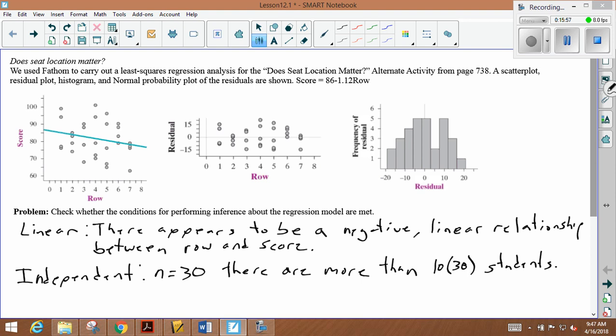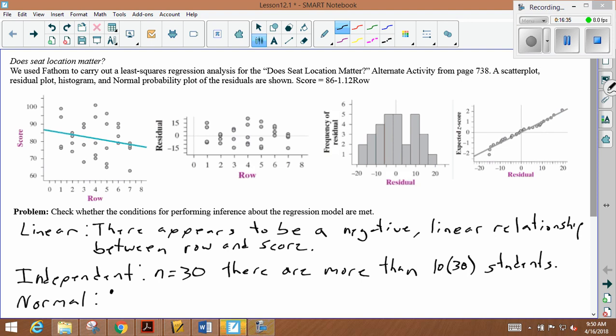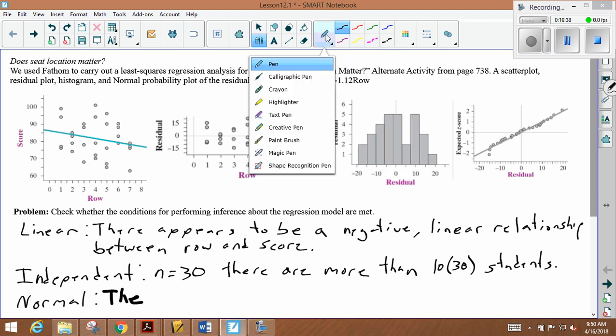L-I-N. Normal. All right, so we were missing our normal probability plot. This is going to be the best way to determine that this is normal. It follows a fairly linear pattern for our expected z-score. So that's, so let's say